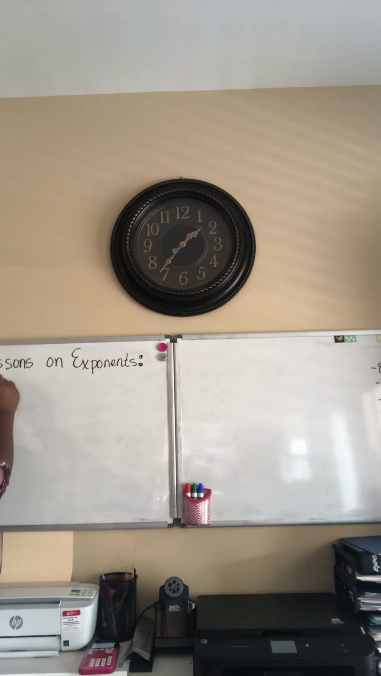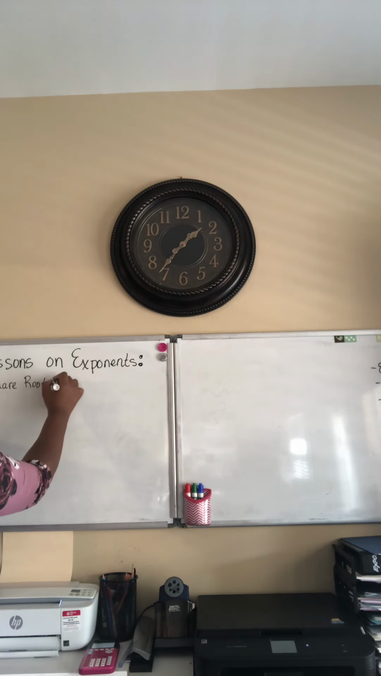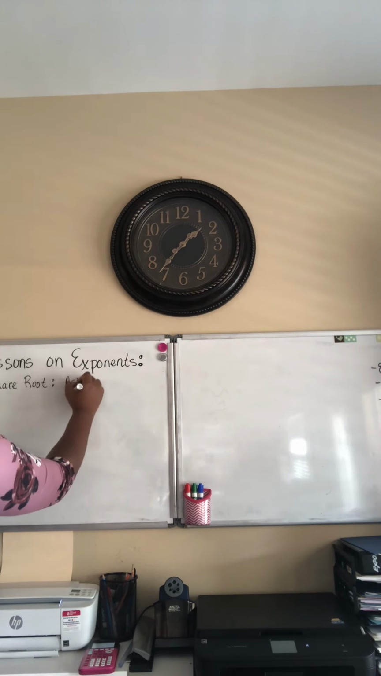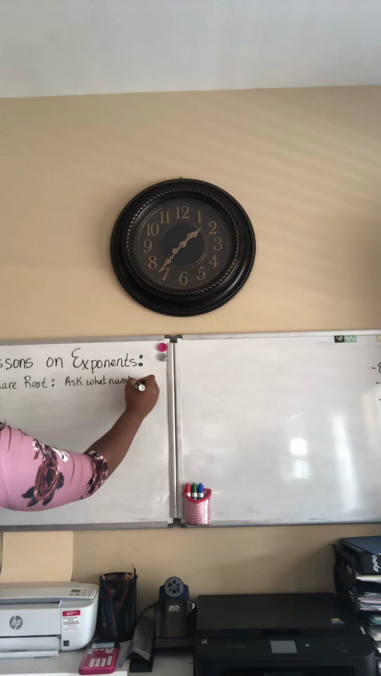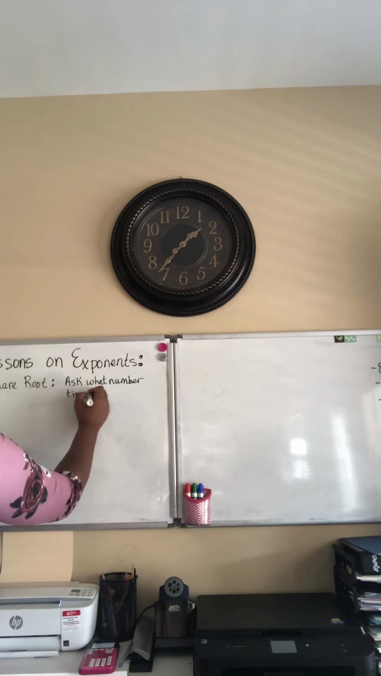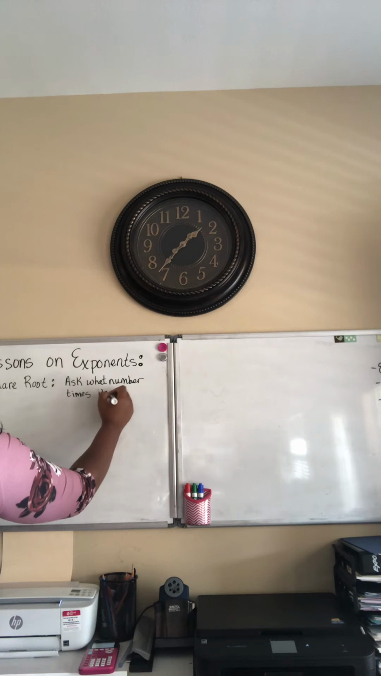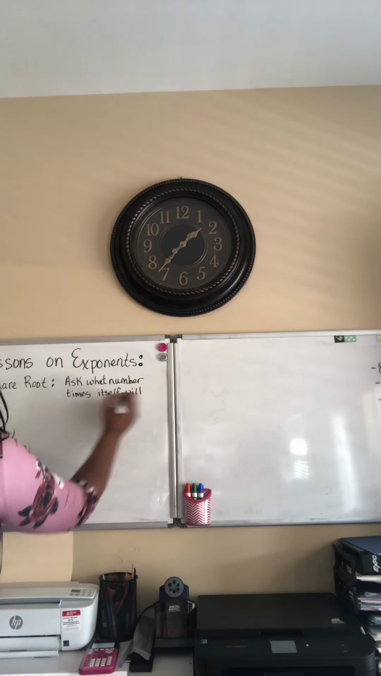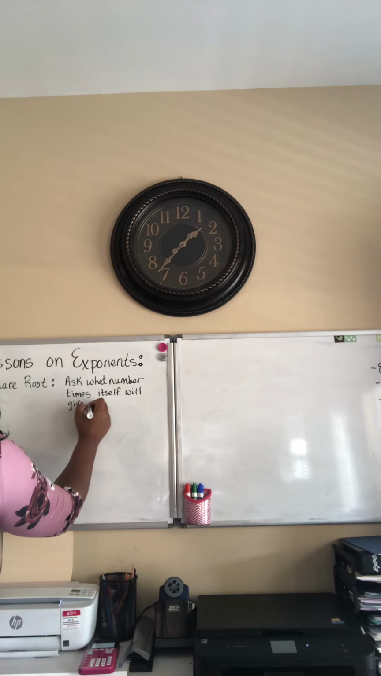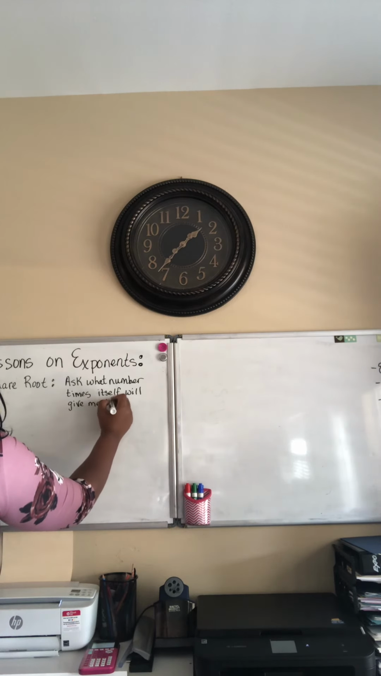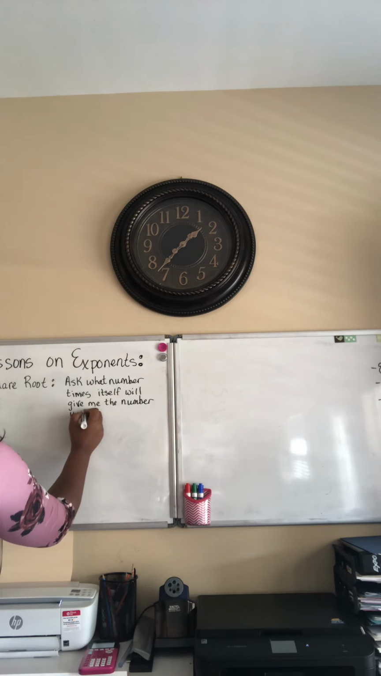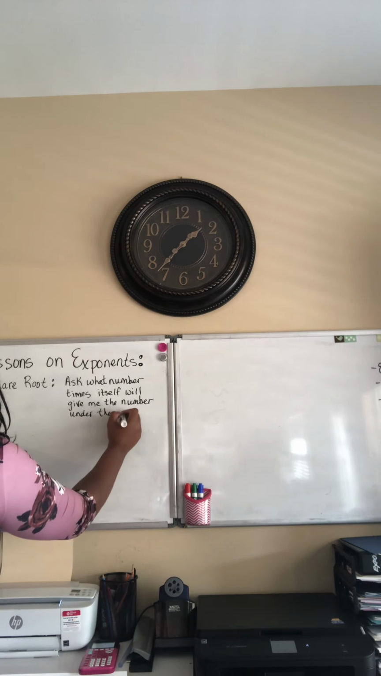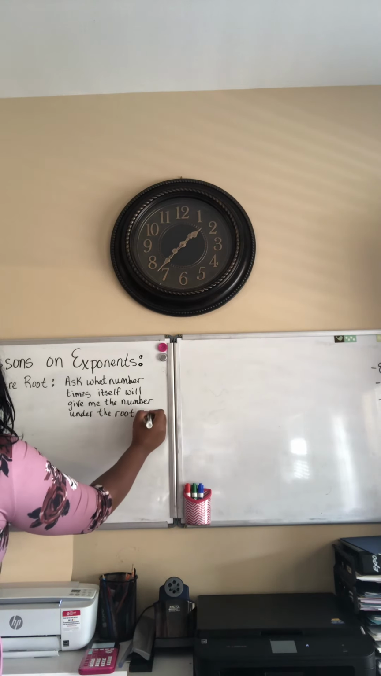So, a square root asks: what number times itself will give me the number under the root sign? Okay. Now,